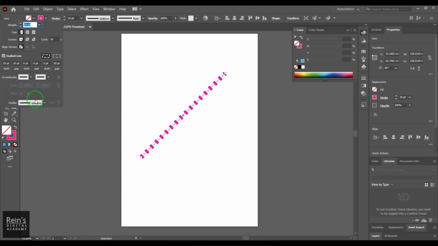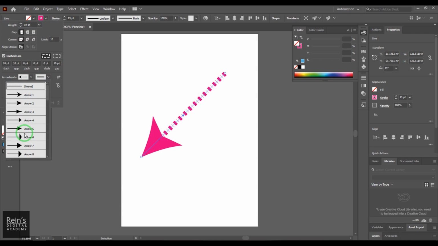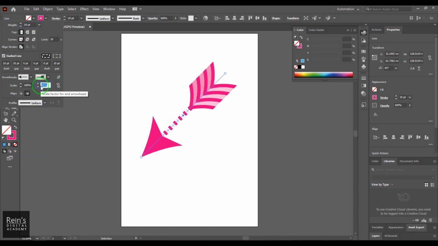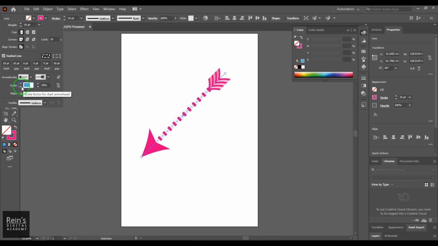I can go to the stroke. You can create an arrowhead for this, and also you can create the arrow base. You have some preset shapes, you can pick something from them like that, and you can also control their size if you want. So I'm making them smaller. I'm reducing the scale value there. You can also swap